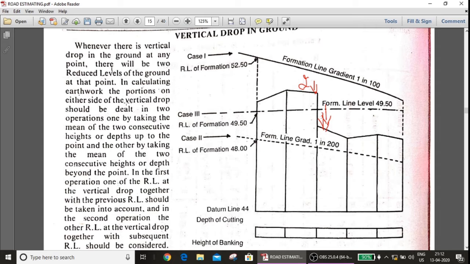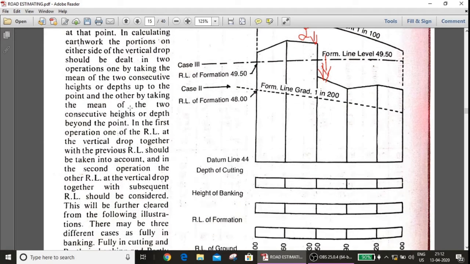One by taking the mean of the two consecutive heights or depths up to the point, and the other by taking the mean of the two consecutive heights or depths beyond this point. So you will understand when we go through a problem. So in the first operation, one